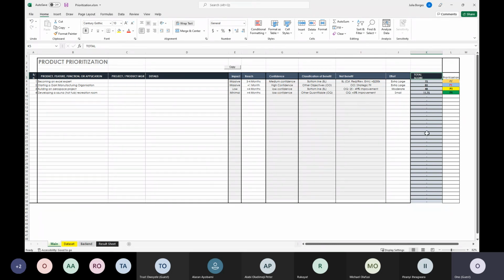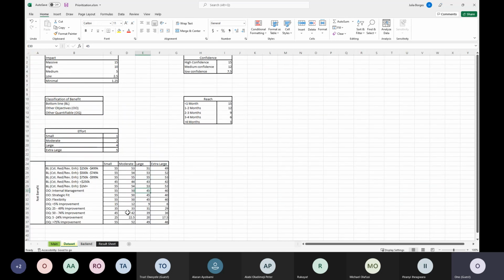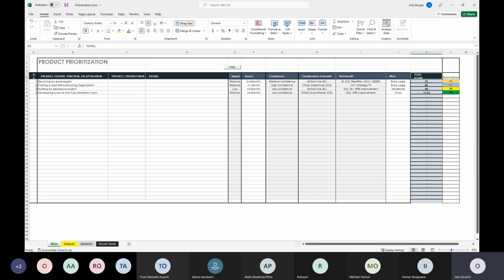As you can see here, there are some numbers, and then you can put it in different groups if you want to. You can be priority 1, priority 2, priority 3. So that's just a summary of the document we have here. It's very important for us, especially in times when you have very competing demands. The other tab here that we'll be working with gives you the data set that was used to populate this main page, if you can see it.